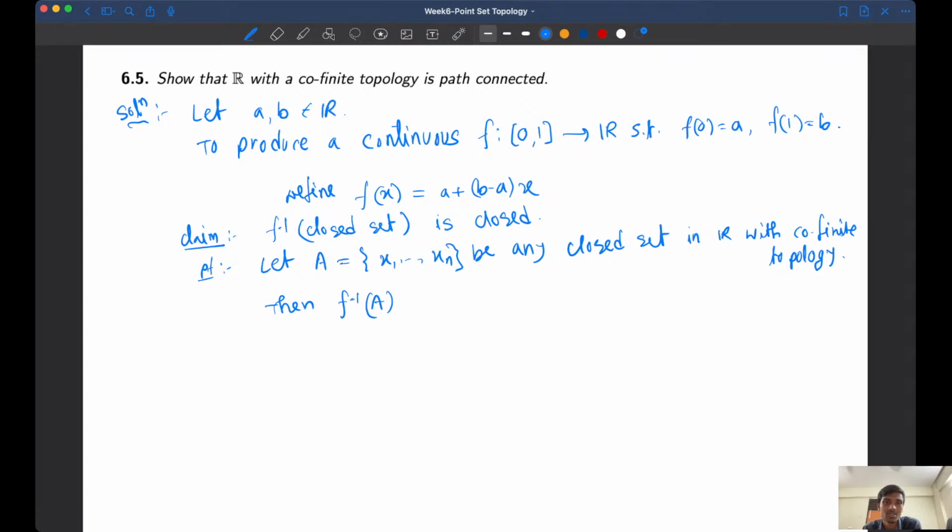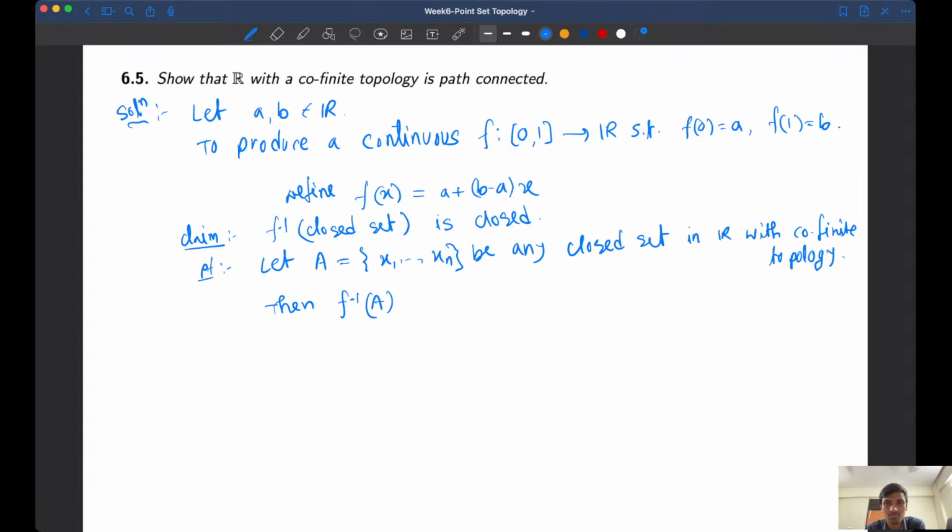Moreover, this is bijective from [0,1] onto [A,B] if A is less than B. If A is less than B, then it is clearly an injective map, right? Otherwise, if A equals B, then it's fine, it is just a constant map. So in any case, F inverse A